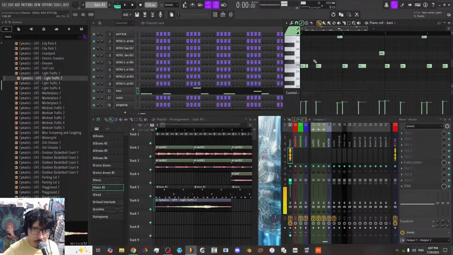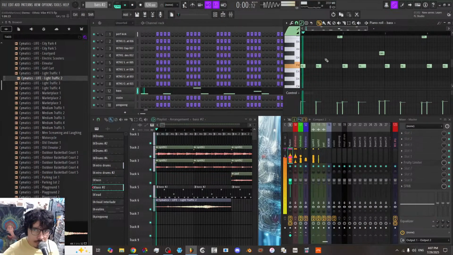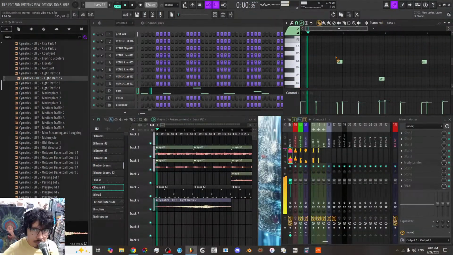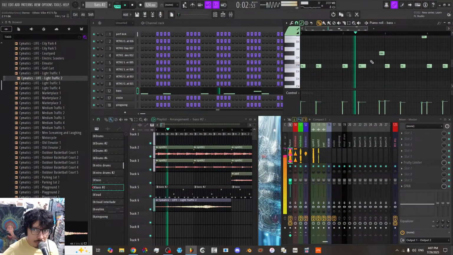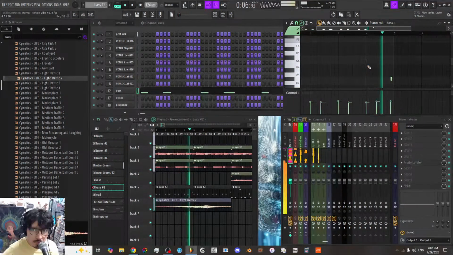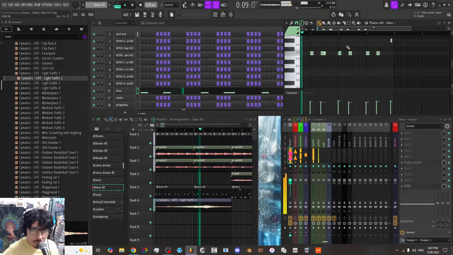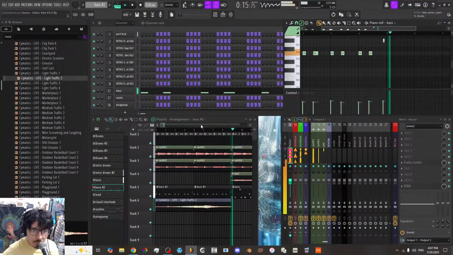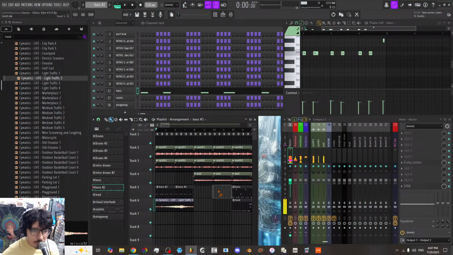What can I do here? That could be saved for the drop or something.